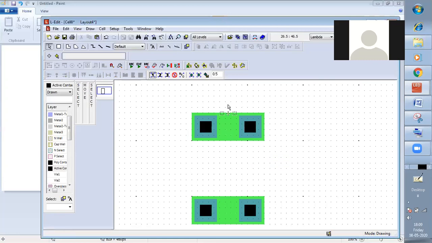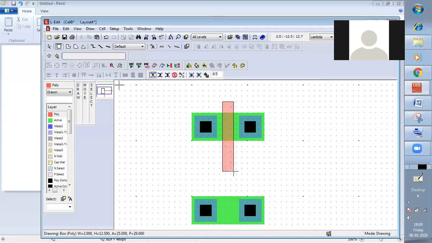And then we require the gate terminal, right? So the gate terminal will be polysilicon. So poly is this. Here, exactly here between 1 lambda distance from here and 1 lambda distance from here, we have to choose this rectangle box, and 2 lambda above this. 2 lambda, and this width is also 2 lambda. Don't have to worry about the distance. I remembered it because I have created this many times, but you don't have to remember this also.